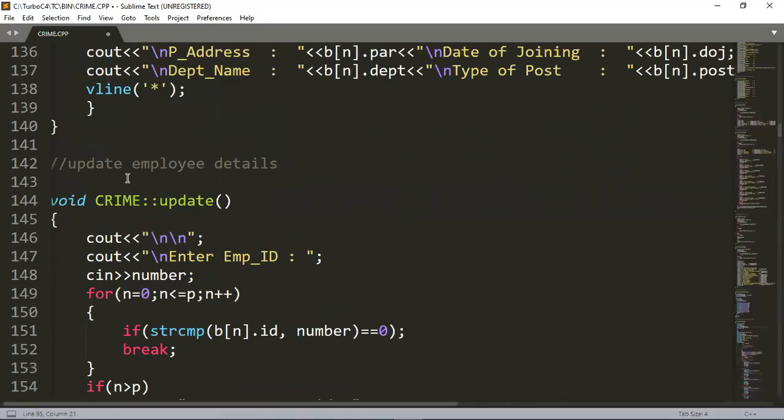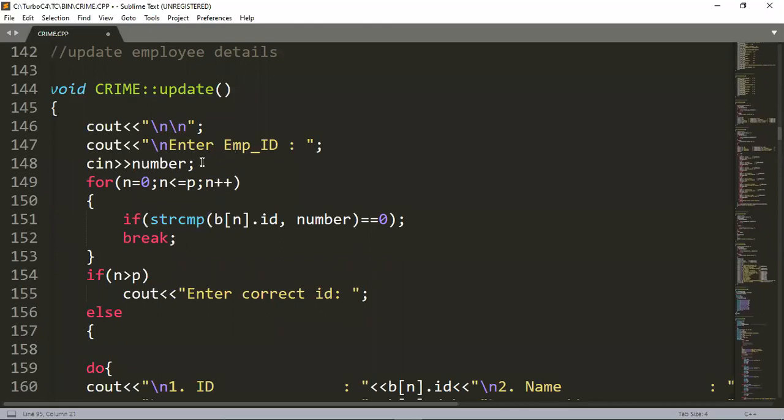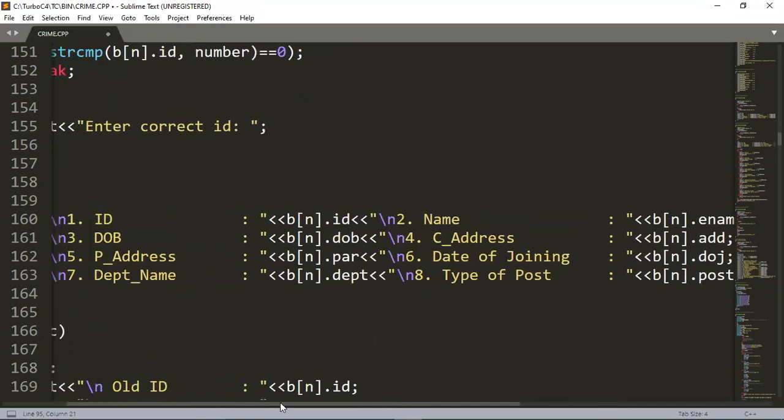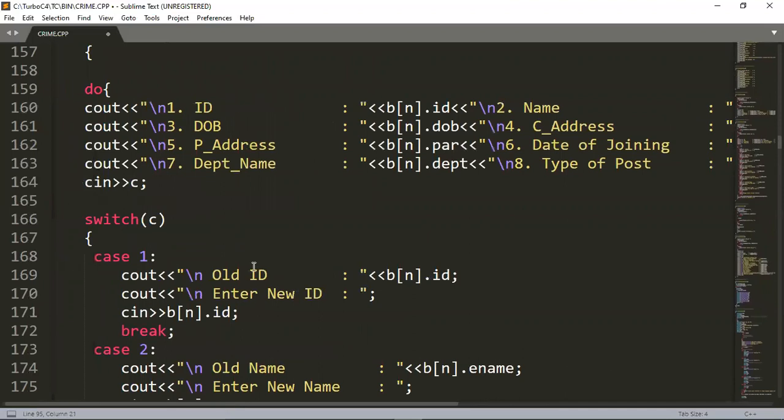Now, if you want to update employee details, we have an update function. We will ask to enter the employee ID, and when the employee ID is entered, we will match it using the strcmp function to check whether that ID is present or not. If that ID is present, then we will show that information detail, whatever details are stored in the object array. And we have an option that is old ID.